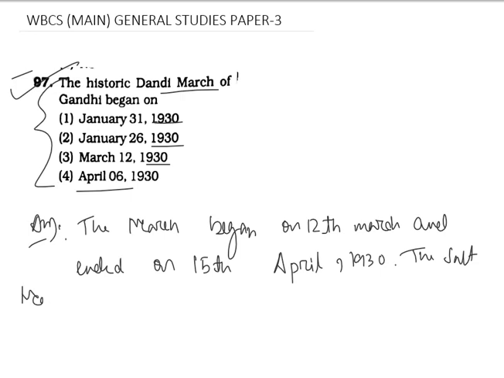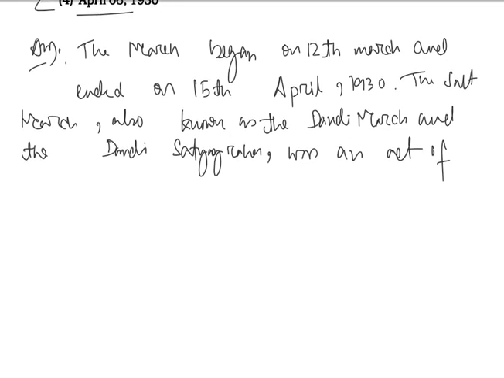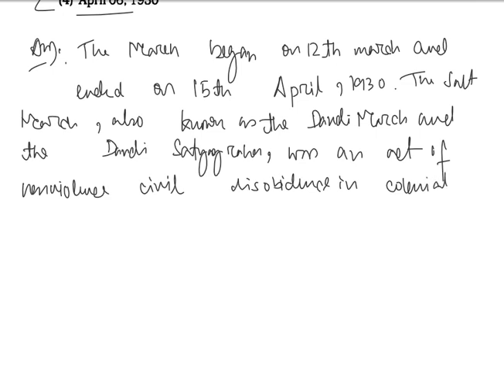The Salt March, also known as the Dandi March and the Dandi Satyagraha, was an act of non-violent civil disobedience in colonial India,